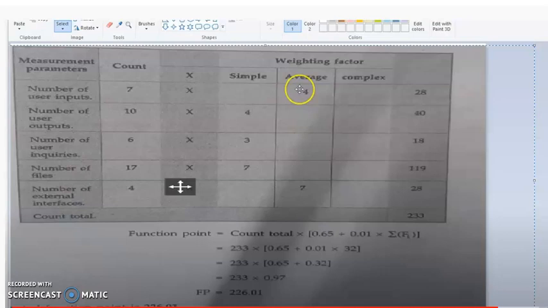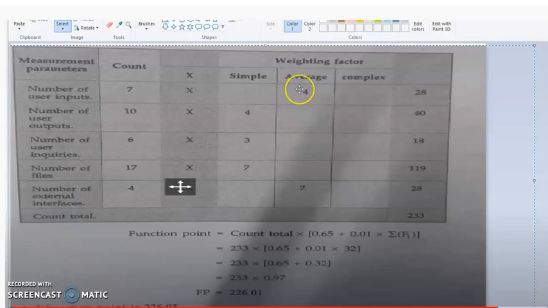Count total: 7 into 4, 10 into 4, and so on. Here the multiplication value will be here. We have to find out the total of this particular column and put the values in this formula. Function point equals count total, which we got here as 233, into, according to your formula, 0.65 plus 0.01 into summation of F i.